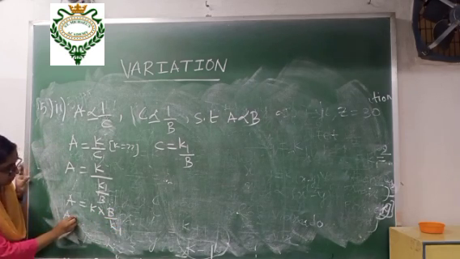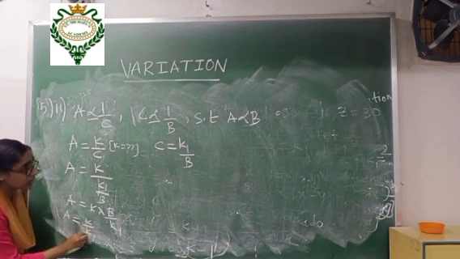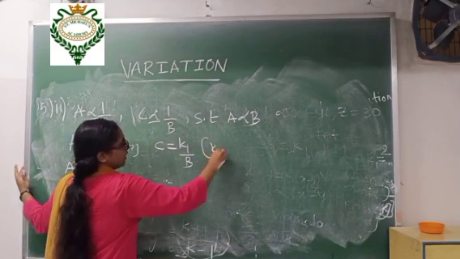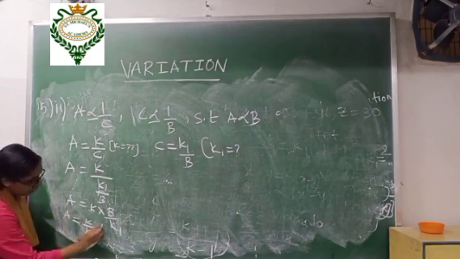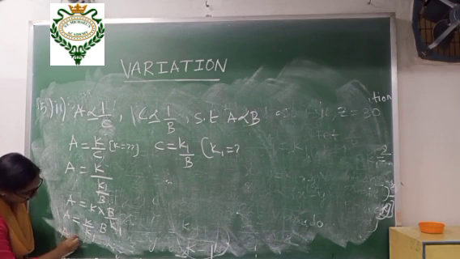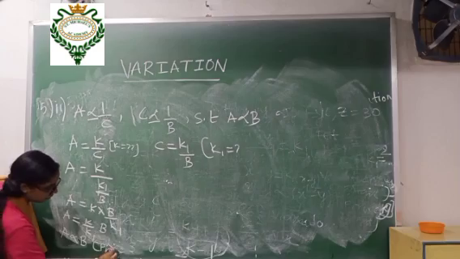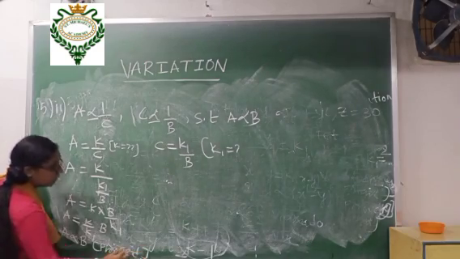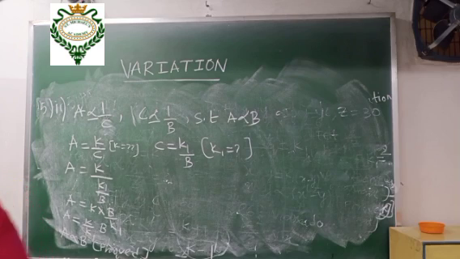K by k1 we can write because both are constant terms. You have to write, k1 is a variation constant. Please write it. When you want to remove the equals sign and this constant term, what will you give? The varies sign. So A varies with B. Proved. Okay. Please write this one. Complete this one.